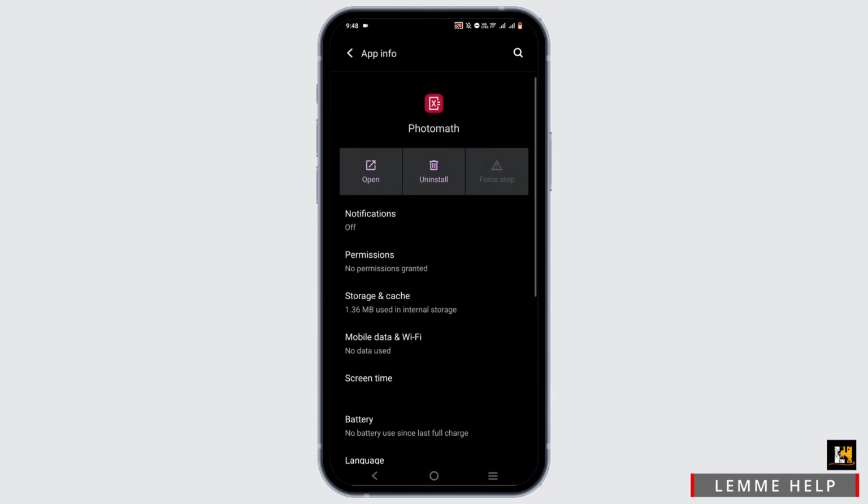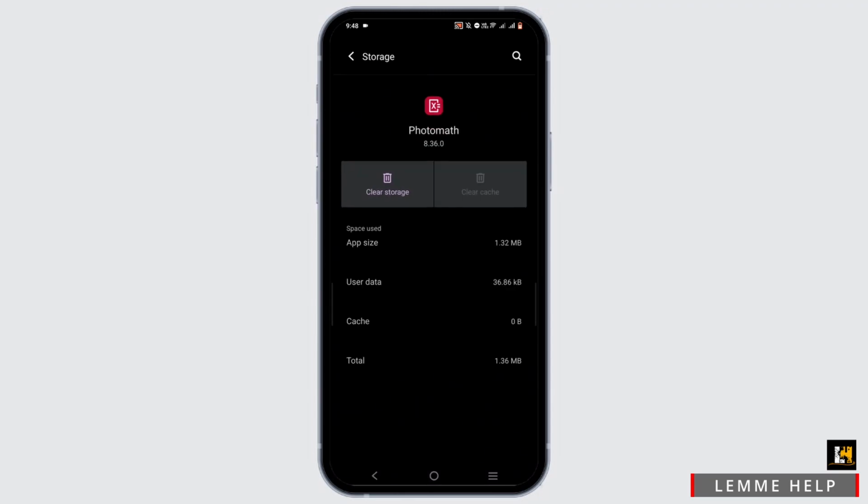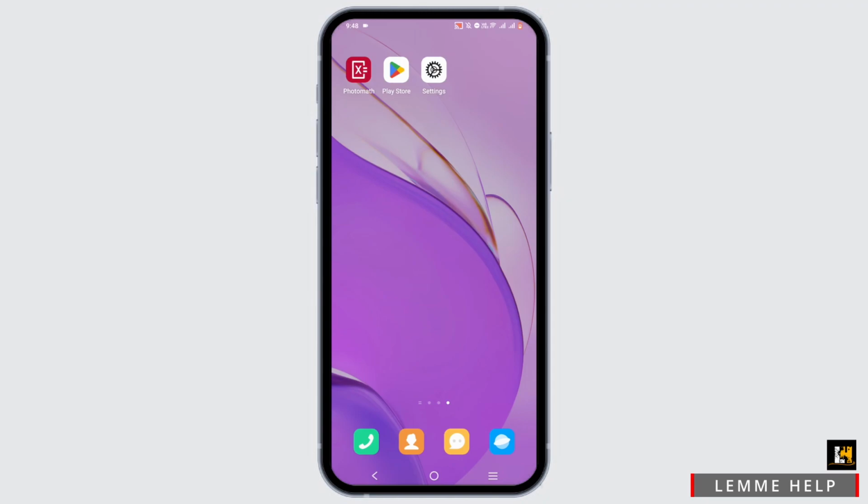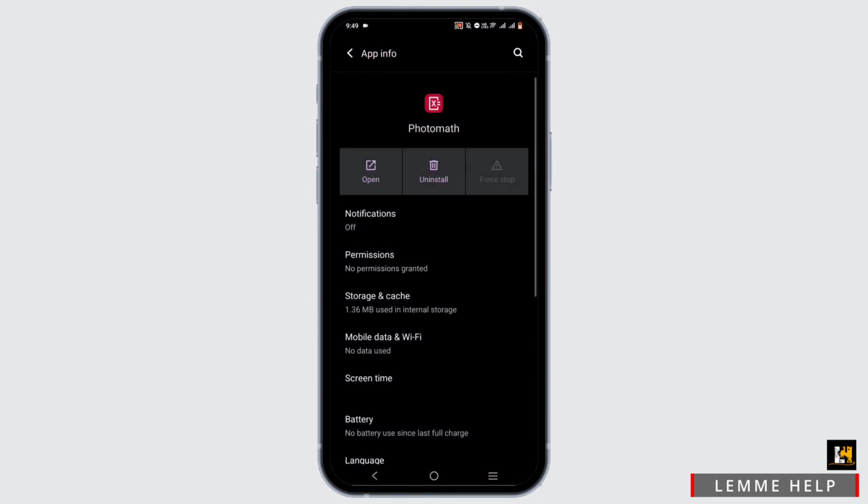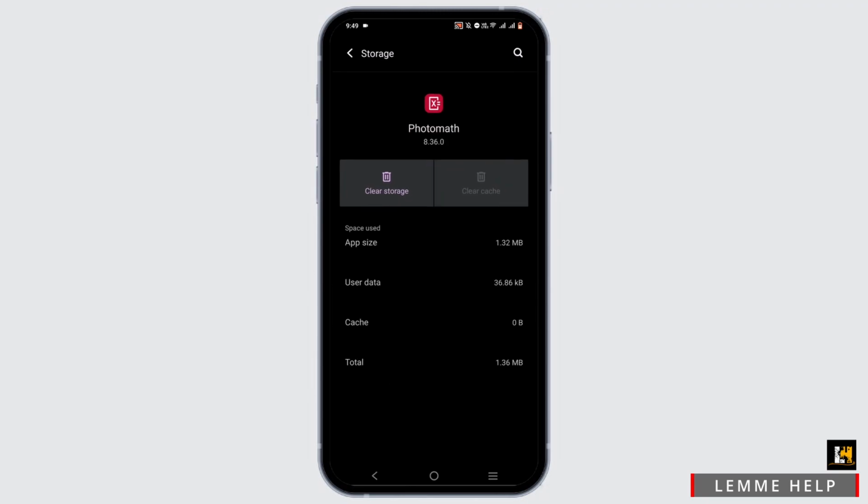Force stop the application. Then go to Storage and Cache. Tap on Clear Cache. Once you do this, the bug issue must be solved. If you have an updated version of your Android, press and hold onto your application. Head to App Info. Follow the same step of force stopping it, then heading to Storage and Cache, then clearing